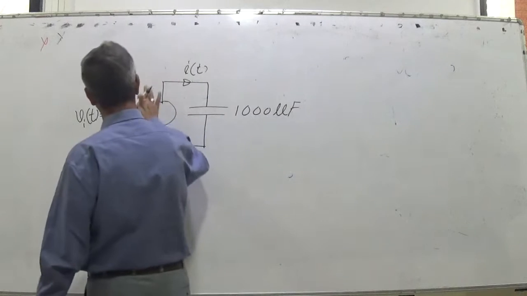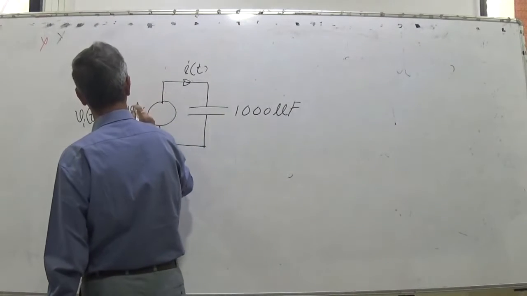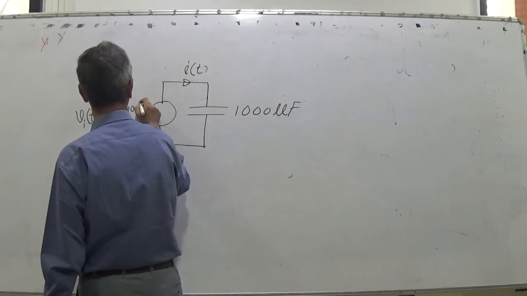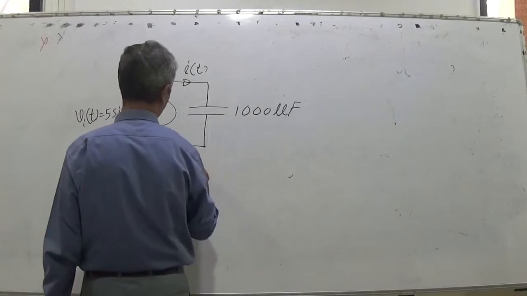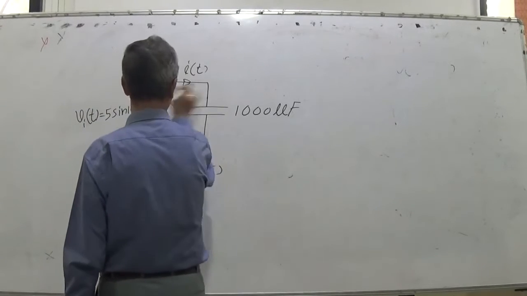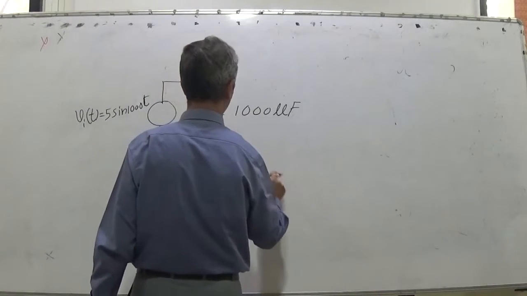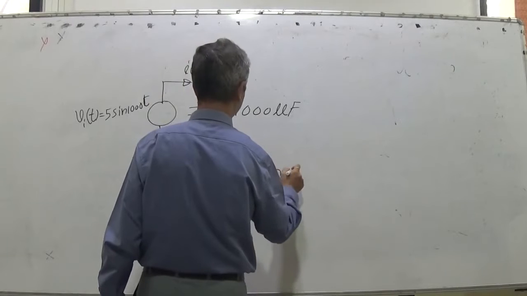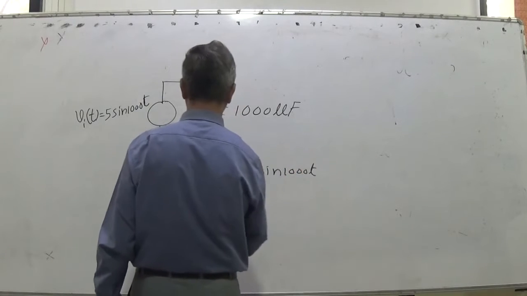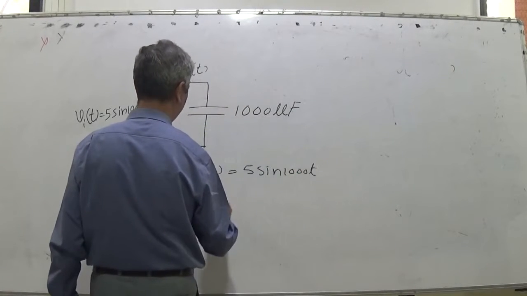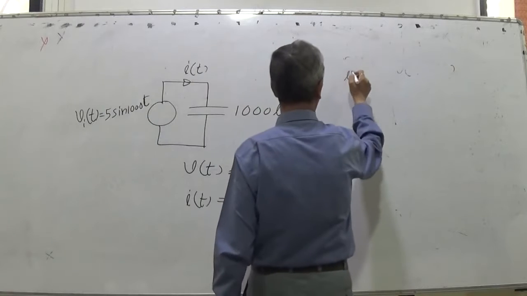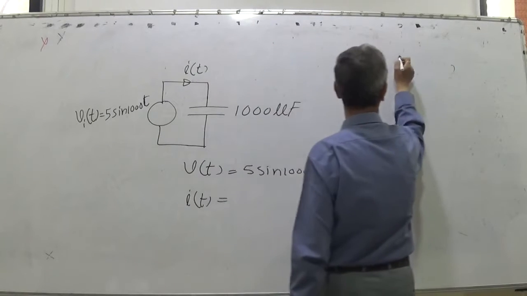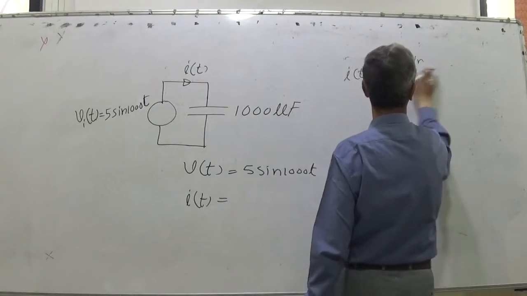This also I will now use sine, let us say 1000. So what is VT? Same voltage here, 5 sine 1000. What is IT? Current would be 5 sine